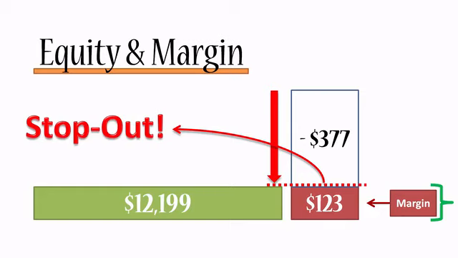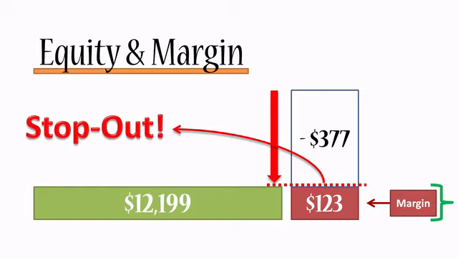So a margin call normally occurs before a stop out, and it's a warning from the broker telling you that you're getting very close to the stop out level and you should intervene and do something about it. Now, it's not necessarily going to happen. You're not necessarily going to have a margin call, and in fact, a lot of brokers might have the margin call set at the same level as the stop out. So basically the margin call won't happen because it's too late anyway. The stop out has occurred.